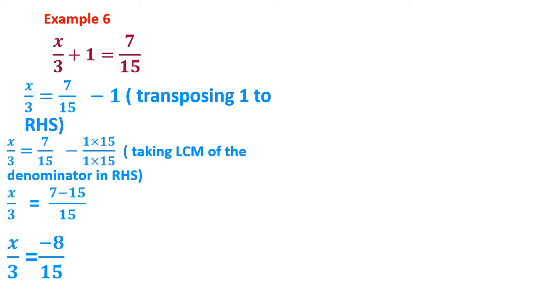Now here comes the second step. Still we have not finished our sum. What is remaining to be done? Here you can see the number 3. We have to eliminate this number because LHS should have only the variable. How shall we eliminate 3? We will transpose this 3 to RHS. Here 3 is in division, so it will get transposed and be multiplied in RHS, because as the concept says, if it is divided in LHS, it will get multiplied in RHS.